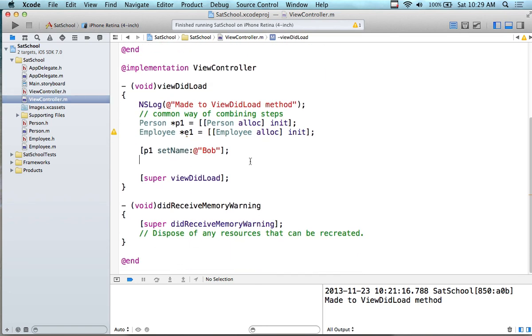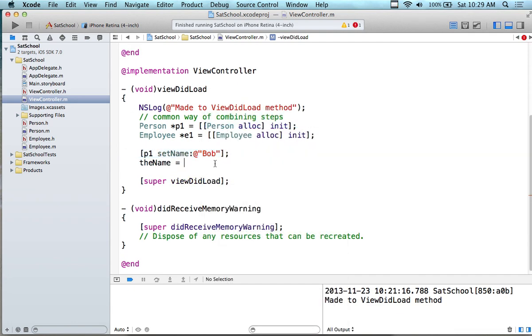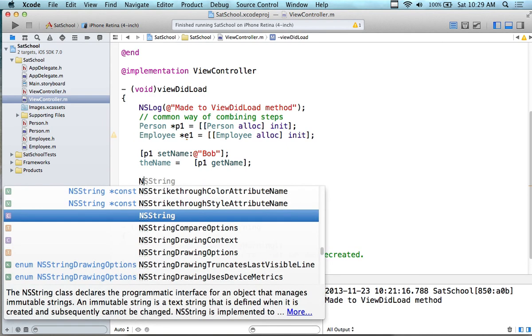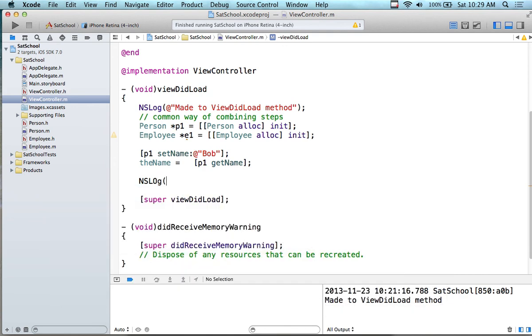So then I can go, well, okay, so the name is going to be equal to, and then I'm going to do this because we're going to return a string. So instead, I'm just going to get. So paste over here, get rid of this here, and say get name. And then I can do this. I can just say, well, okay, so let's just NSLog it out then. So NSLog, and then I'm going to put in here